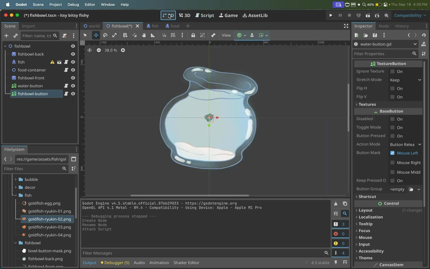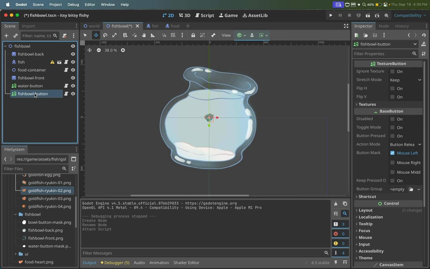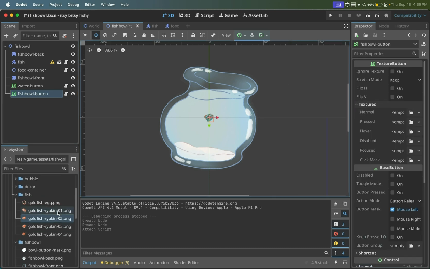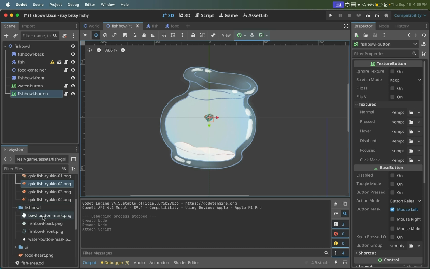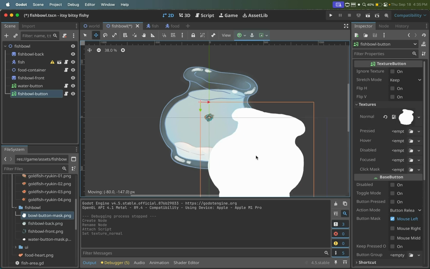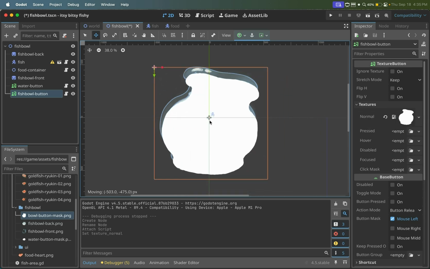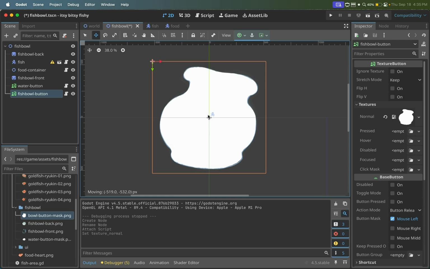Go back to 2D view, click on fishbowl button node and open up the textures. Go to the file system and look for the bowl button mask. Drag and drop it into the normal texture. And let's put it right here. Just align it with a fishbowl, and then we'll make it